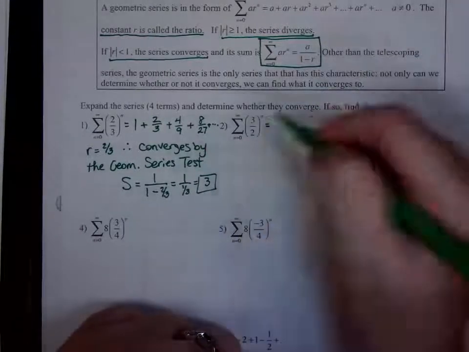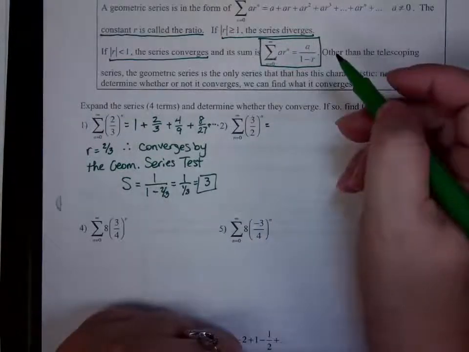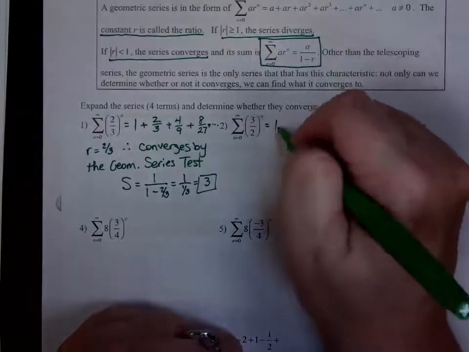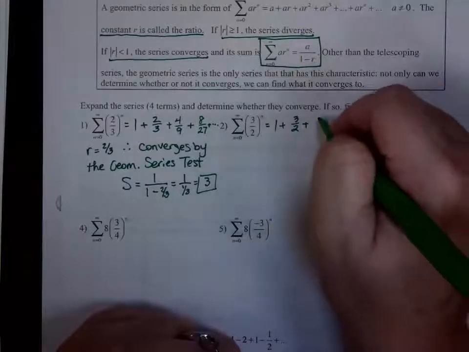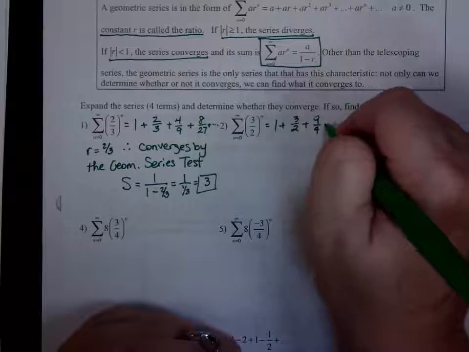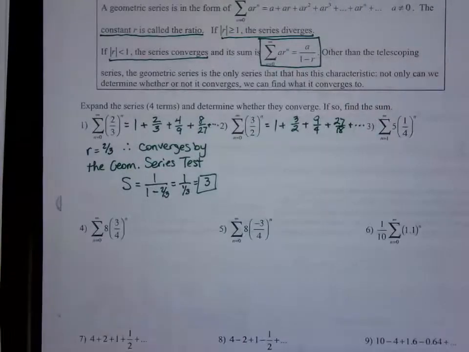So plugging in 0 to the number 2 equation, what is the first term going to be? 1. And then what? 3 halves. And then 9/4 and 27/18 plus dot dot. Basically all the fractions from the first problem turned upside down. Okay? Are those fractions getting bigger? Well, 3 halves is 1.5. No, they're getting,